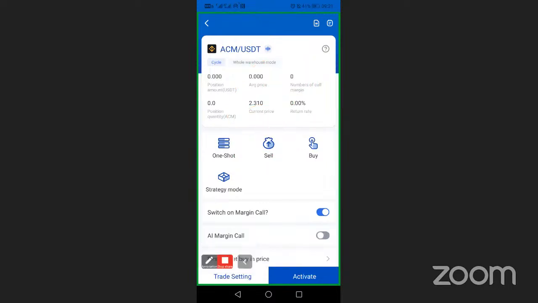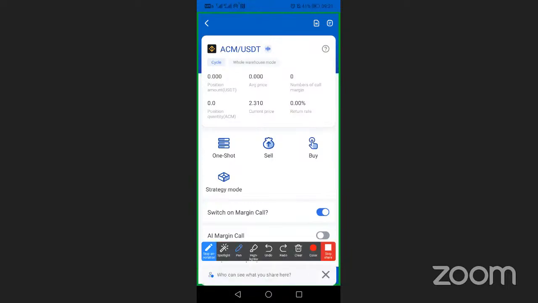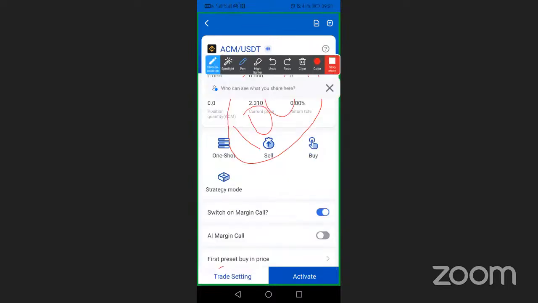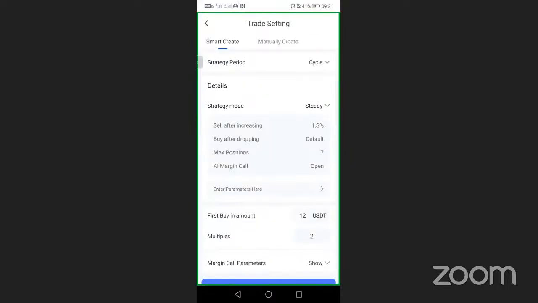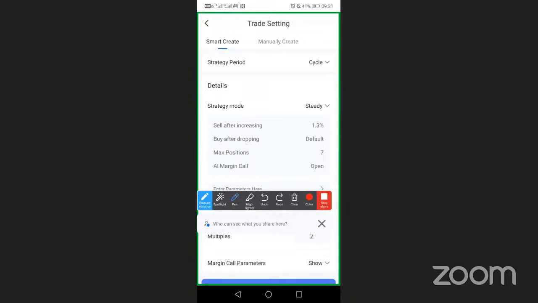So let's get into it. I'm opening the trade settings of this coin so that we are able to input the settings. So I'm going to tap here on trade settings so that this coin can give me an opportunity to edit. Then I'm going to land on this page. Remember, we are creating our own strategy, so I need to focus on the manual create.